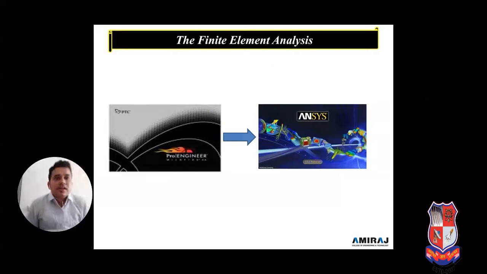So here in finite element analysis, we create a 3D model in ProE. We can say now it is Creo; you can also prepare it in Inventor or CATIA. We convert that model for ANSYS. If I give the example of ProE, we select the model and convert it into a STEP file, or a Parasolid. Then we can upload it, or input it, in ANSYS.